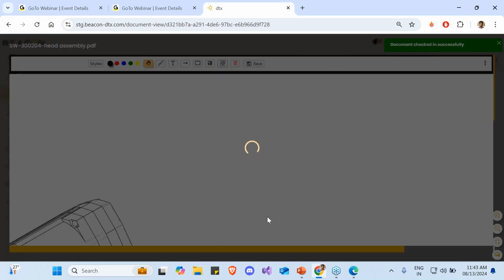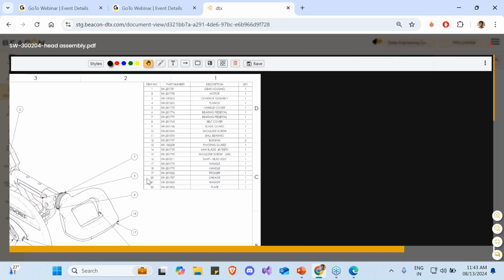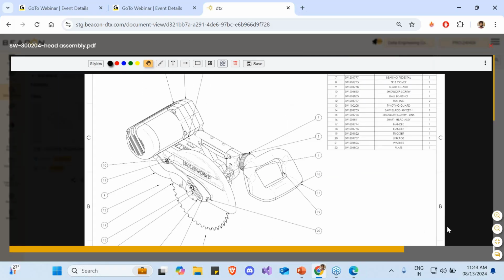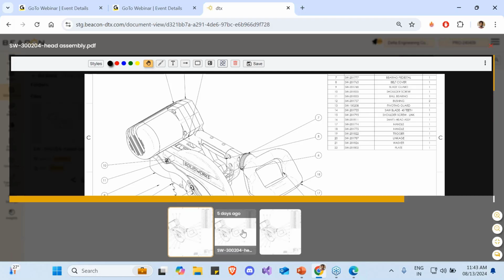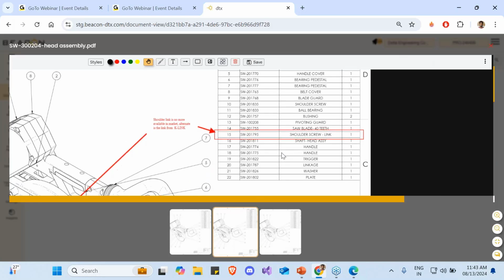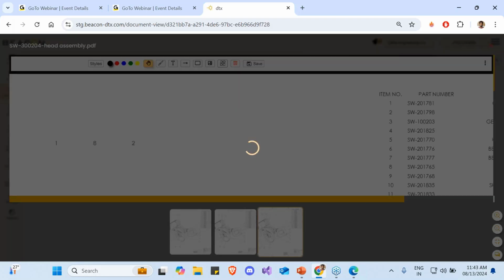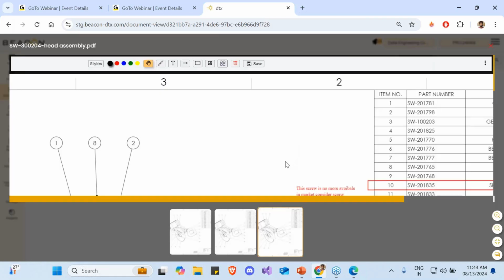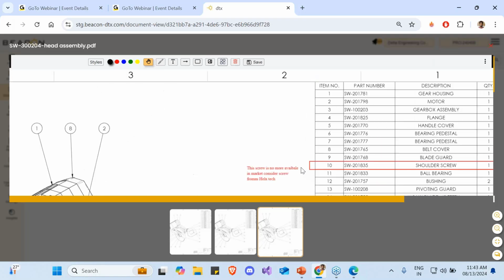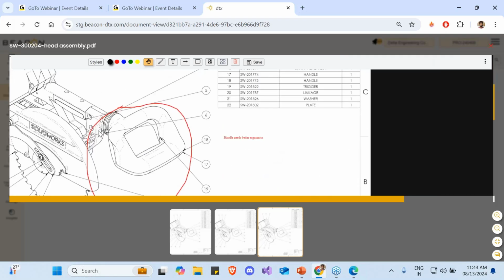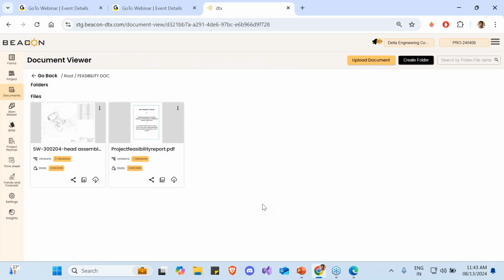Now, when I view the new version, since there was no annotation to this, there will be no information about that. But if I were to go and view the previous annotations, you can see here this annotation is still intact with that version. And to the previous, there was one more that was being talked about. So that again is intact. Okay. So this way you'll be able to keep track of whatever communication happened between each of the vendors and you, and understand what was the feedback given at that point of time, and then if you want to retrace, you can easily retrace with the help of this.